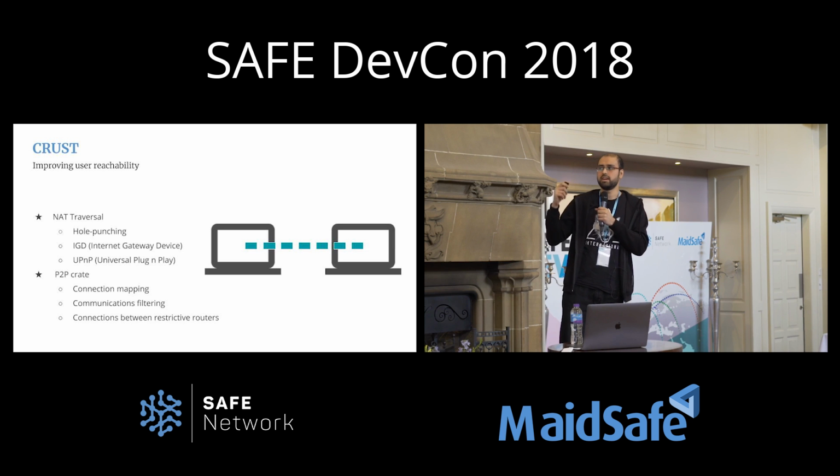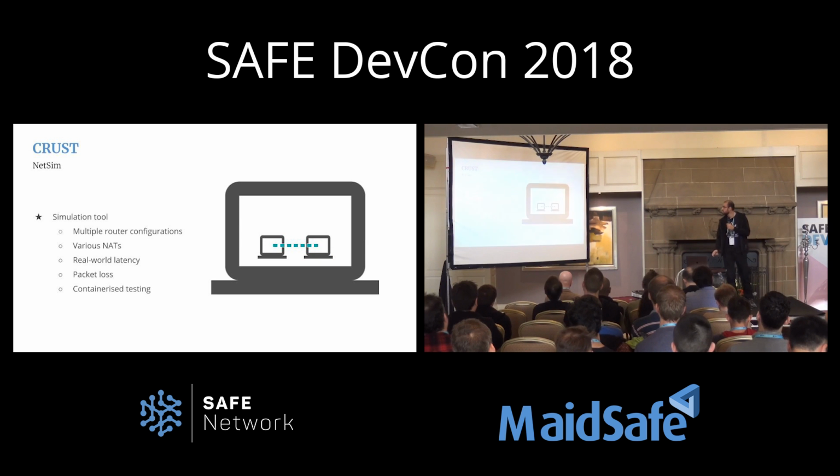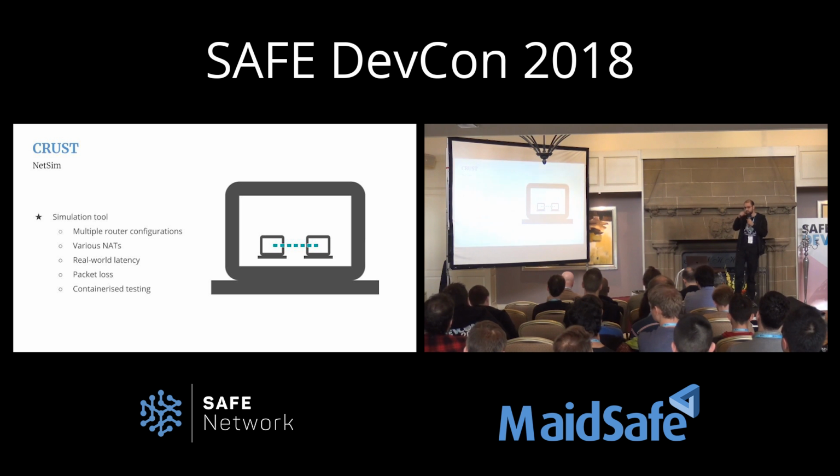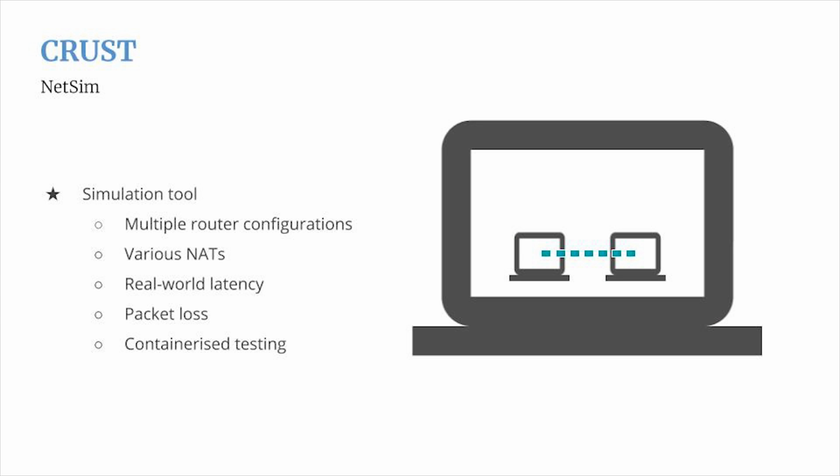So what we ended up doing was creating a library to precisely simulate the various behaviors of the routers, which is our NetSim crate. This is what Andrew coded, and it's a very cool library. It's currently being maintained by both Andrew and Populous. It simulates various kinds of NATs. So you can say that I want to test a connection between symmetric NAT and a port-restricted NAT. And then I can introduce some random packet losses and real-world latencies, because latency is very important,